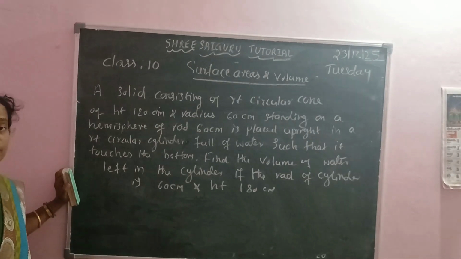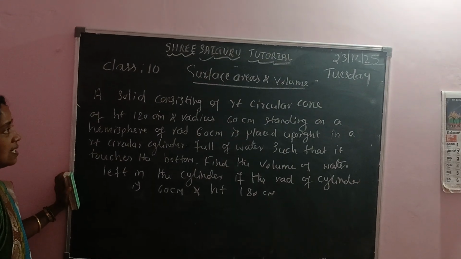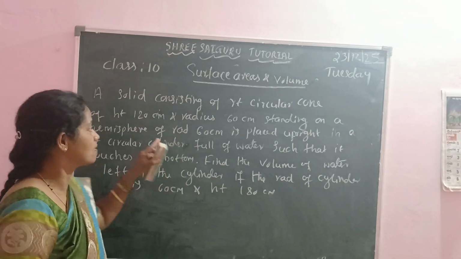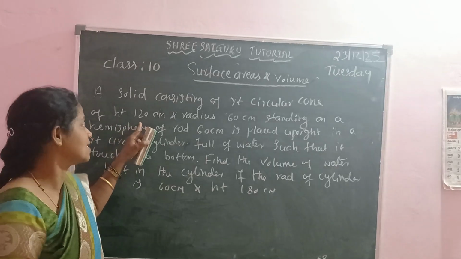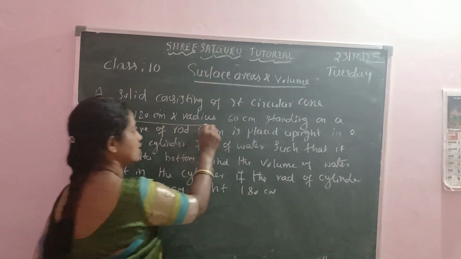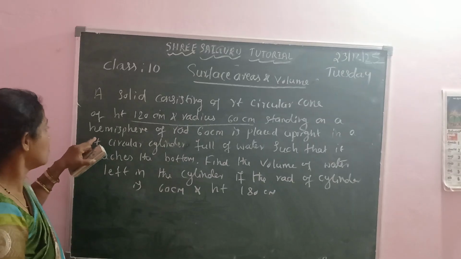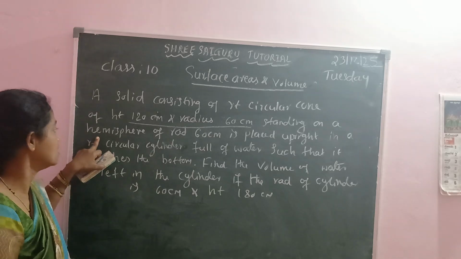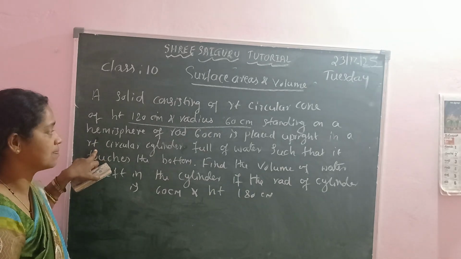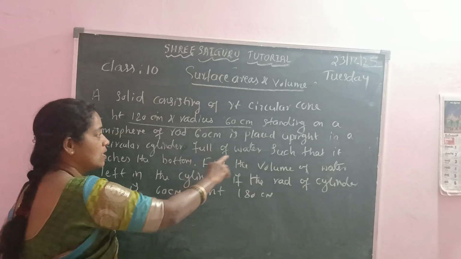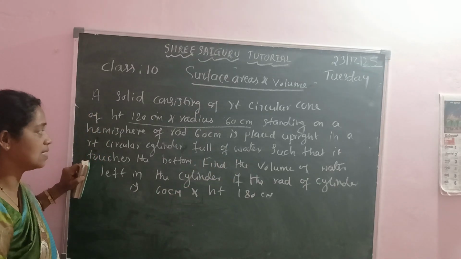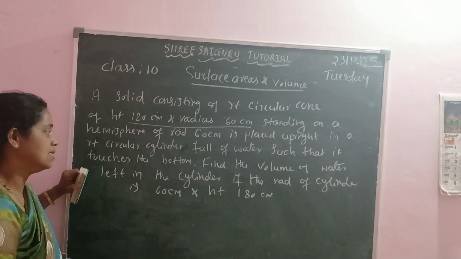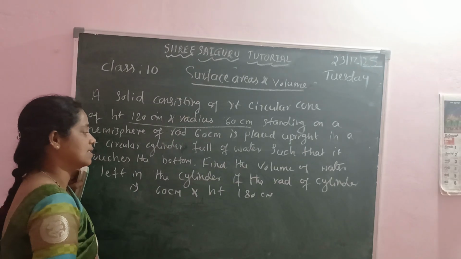We have one more question from the lesson Surface Areas and Volume, class 10th standard. A solid consists of a right circular cone of height 120 centimeter and radius 60 centimeter, which is standing on a hemisphere of radius 60 centimeter, is placed upright in a right circular cylinder. The cylinder is full of water such that it touches the bottom. Find the volume of the water left in the cylinder if the radius of the cylinder is 60 centimeter and